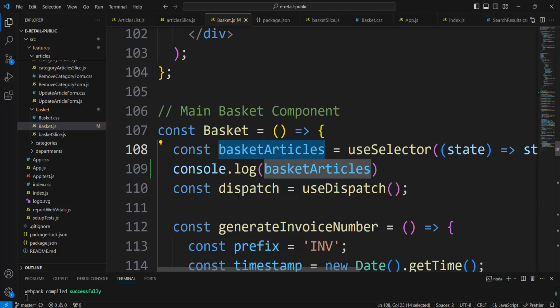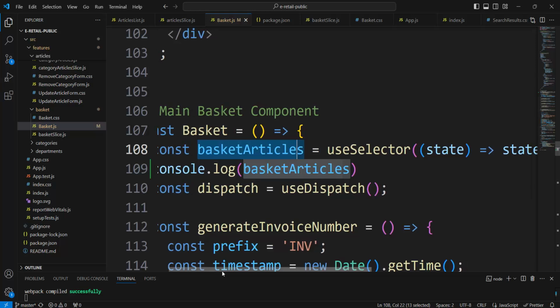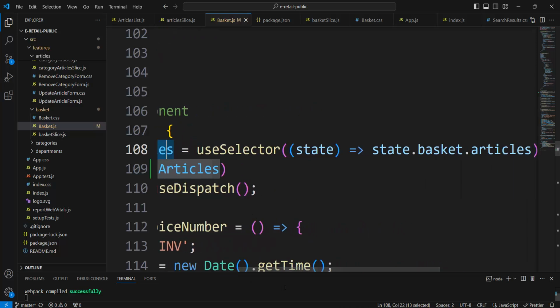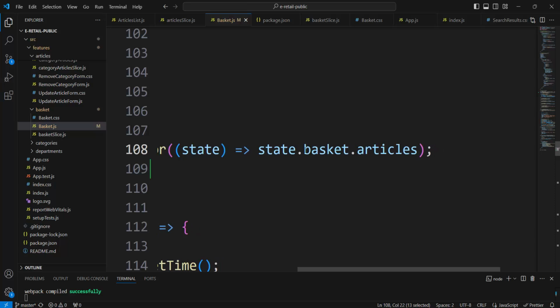And I code console log here to see what we see, that there is all properties of articles plus some new properties, quantity. Who add? It means that this is a local variable, what we call basket article, and equal by useSelector. It is connected to Redux, to basket reducer state, basket reducer value state